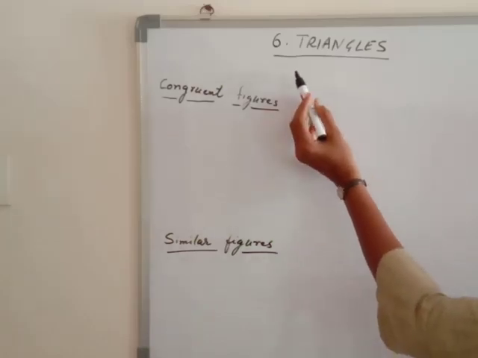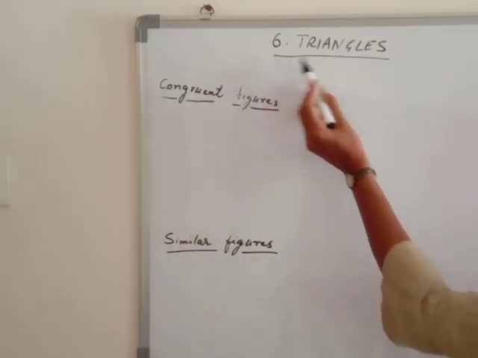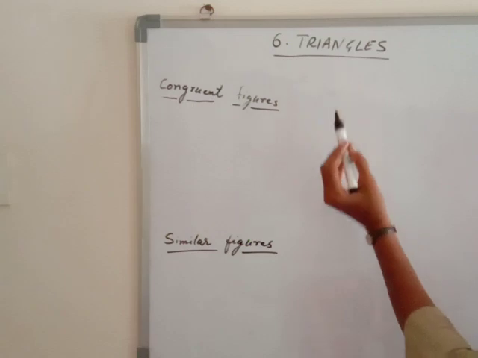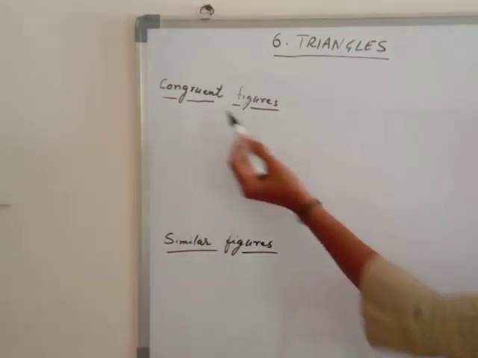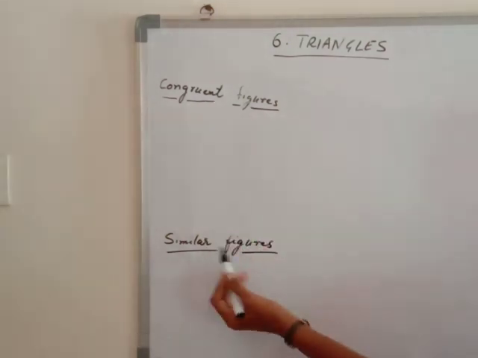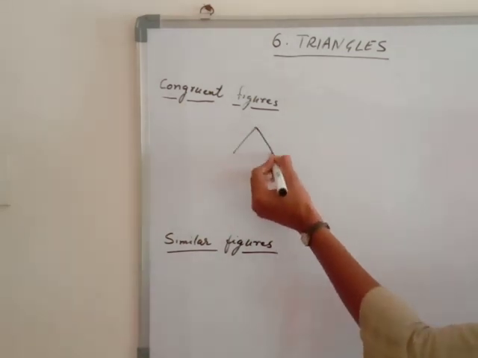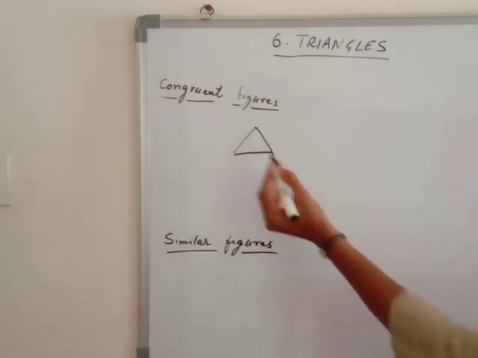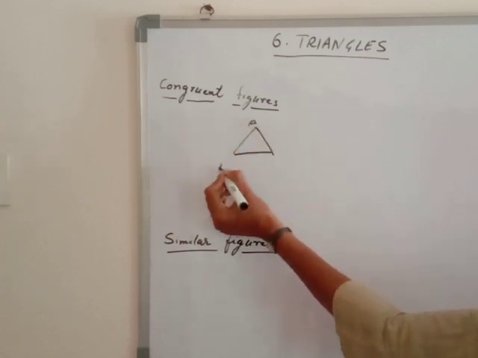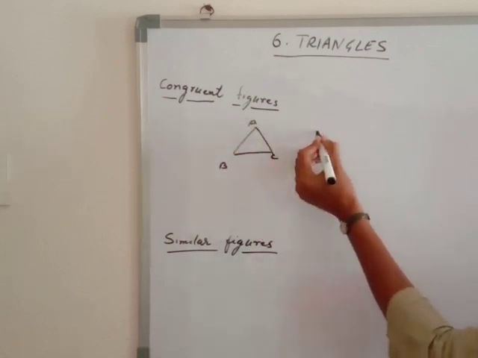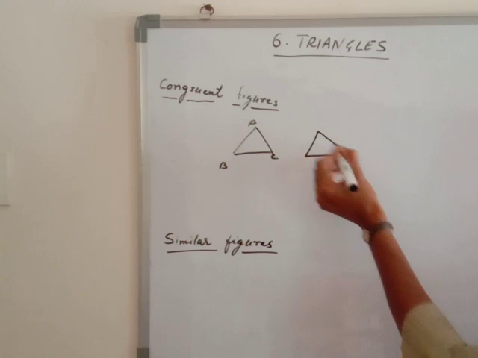Students, today we are going to start chapter number 6, Triangles. In this chapter, first of all, we will learn congruent figures and similar figures. For example, let us start with the triangle. This is triangle ABC and this is triangle